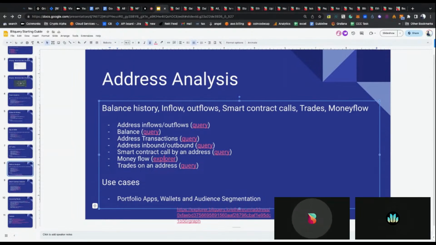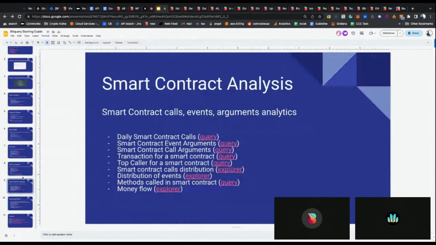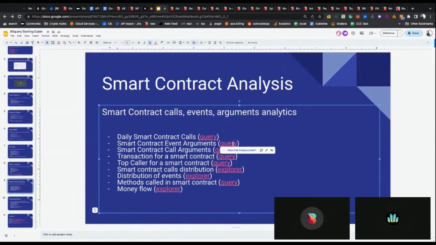But you can also have dApp level. You can access dApp level data also, but for dApp level you have to parse events. We already provide events and calls, but you need to understand them. For example, let me show you. You can have dApp level queries. You can build dApp level analytics also by pulling certain data.